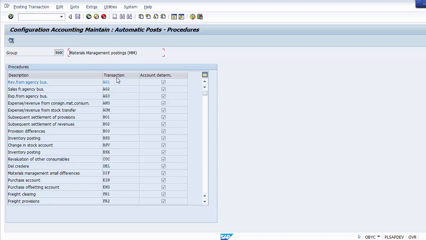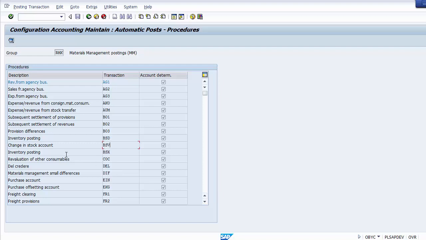There are a huge number of different transactions, and every transaction has its own different impacts. As you can see on the screen, there are provisional differences, then inventory posting, and if there is a change in a stock account, then a different transaction is used. These different transactions have different implications on the SAP system, and accordingly the system generates the accounting entry. Every transaction has a different movement type and a different behavior by which the transactions are generated, and it ultimately impacts the SAP FI module also.